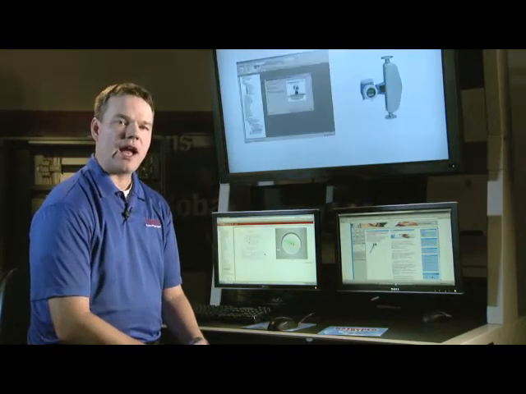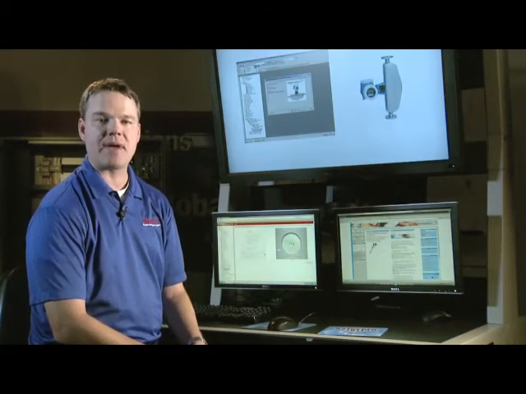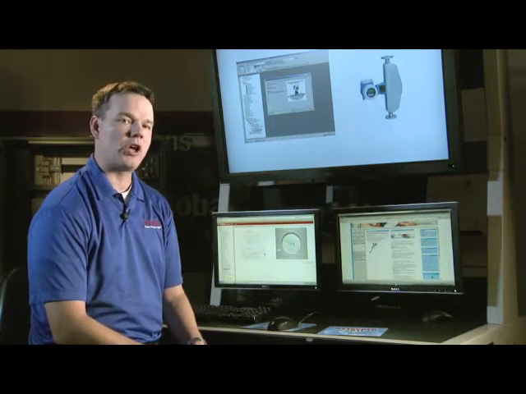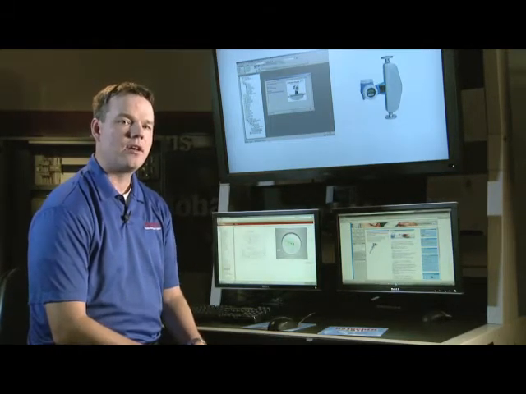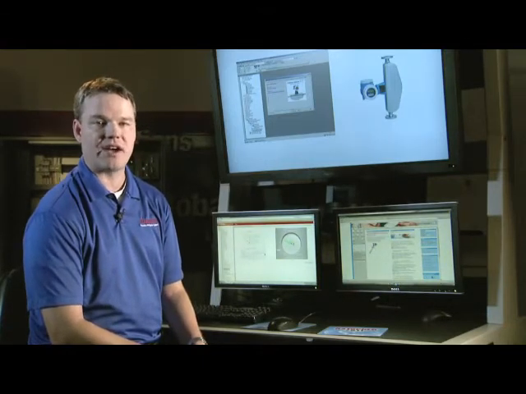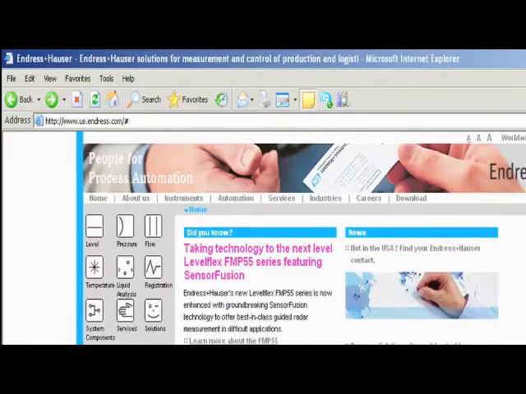I'm going to show you how to add and configure an Endress & Hauser Coriolis mass flow meter to a Rockwell Automation Plant PAX system. Before you start, you'll need to download and install the free add-on profile for Logix 5000 from the Endress & Hauser website. The website address is